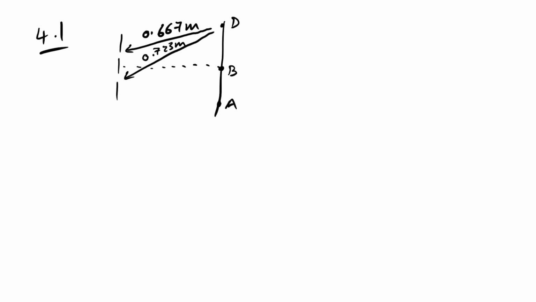Question 4 looks like we're looking at some Young's double slit, even though it's microwaves with an aerial. We have our diagram and we have our points, and we're told the distance from the two slits to that point D on the screen. So we're told that we have a maximum at all of these points, A, B, C and D. So what are we being asked first of all? Nice and easy. Why do we get a minimum between B and C and D?